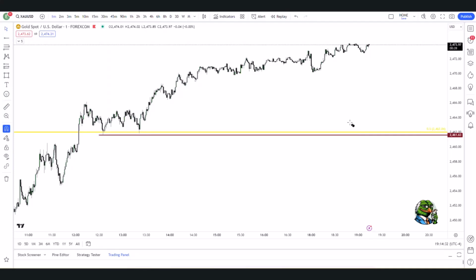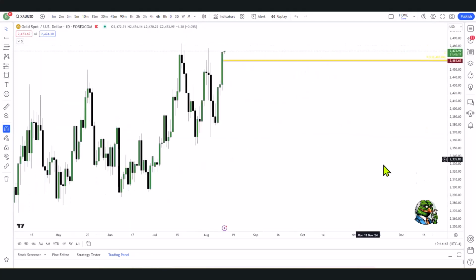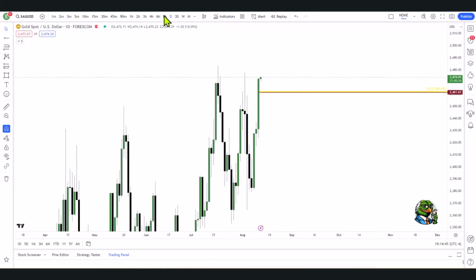Obviously we've had a nice move up and we are reaching for those highs I mentioned in my analysis video on the weekend, which is the daily equal highs. So we're almost there. What I want to see to be interested in any further longs in this market is just a scalp trade. If we don't get those highs and we have a pullback, then I'll be interested in looking at a position.